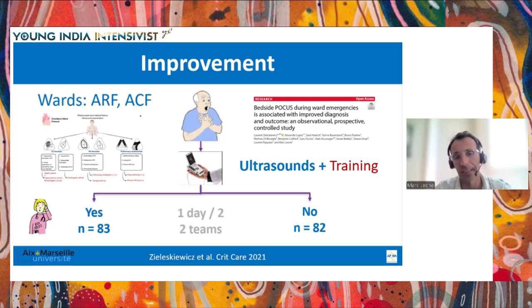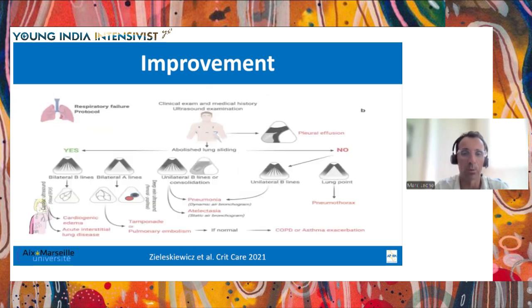And the other day, one day every 2 days, the other team did not use ultrasound. So that was not only ultrasound, but ultrasound with a 3 hours training and education for all our staff. In our emergency department we have a kind of rescue team going to the wards for patients in shock